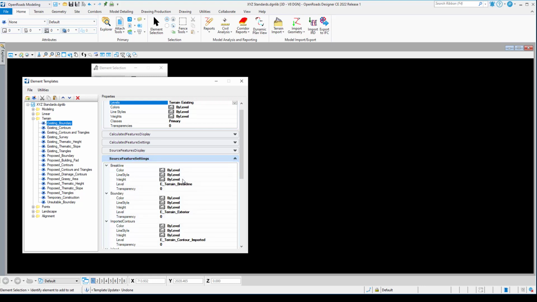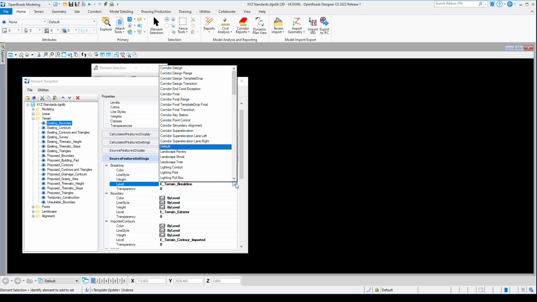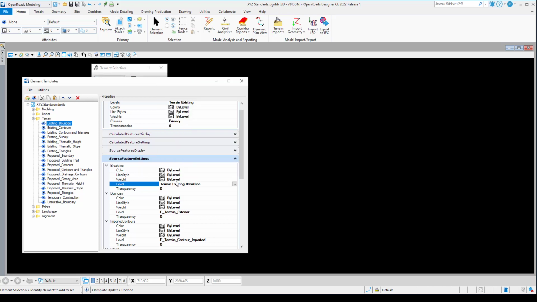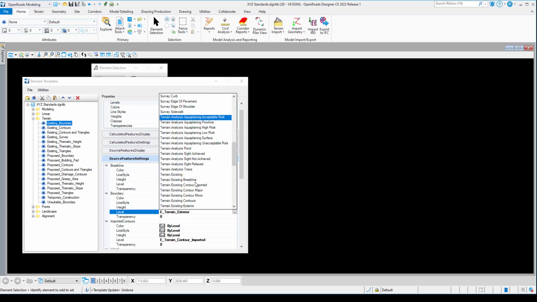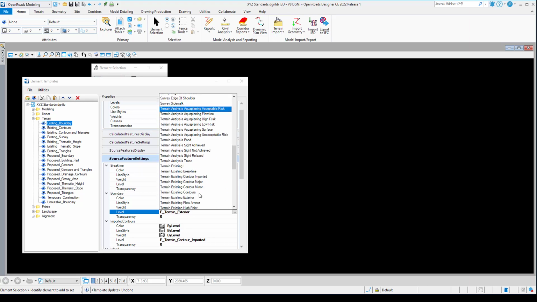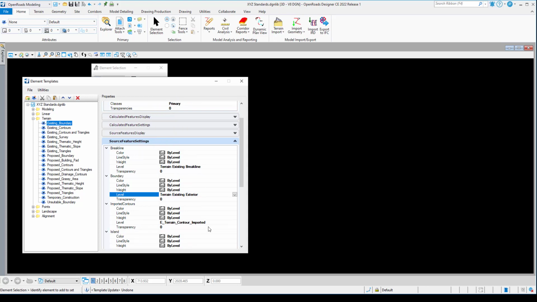The next thing we want to look at is how they're displayed. So if I go to the source feature settings and look at this, for those break lines we talked about, well, this is what level they would go on. So we could go in and update this, change the level for the break line, go down to the terrain levels again, and there should be a level in here for terrain existing break line, and we would do the same thing for boundary. Go to terrain, existing boundary,